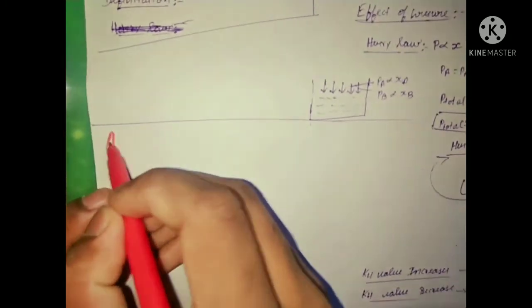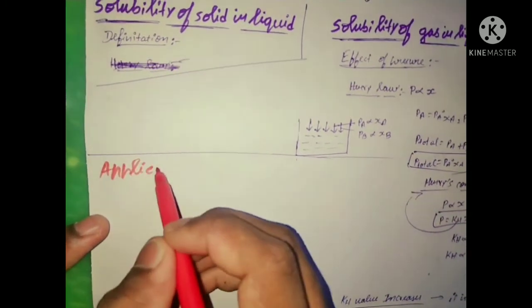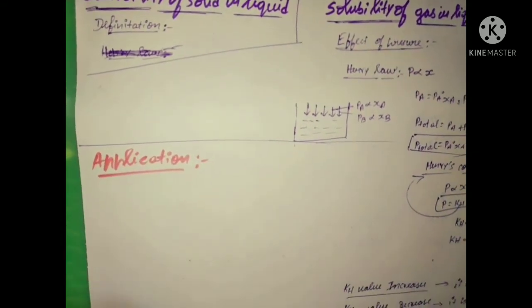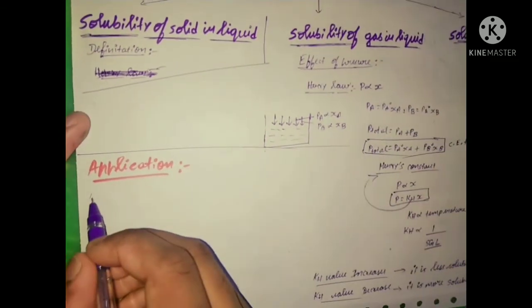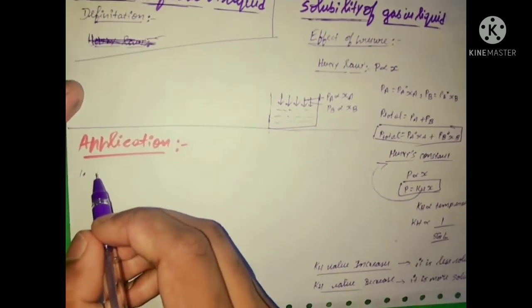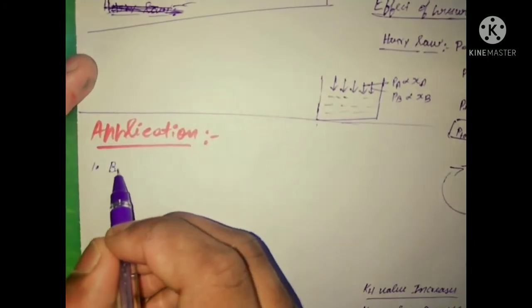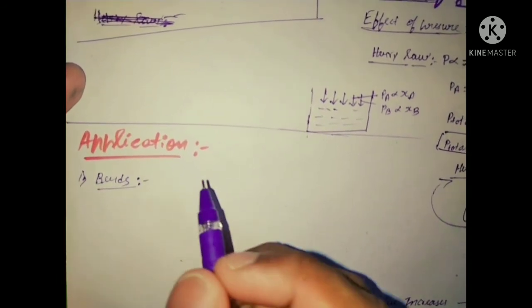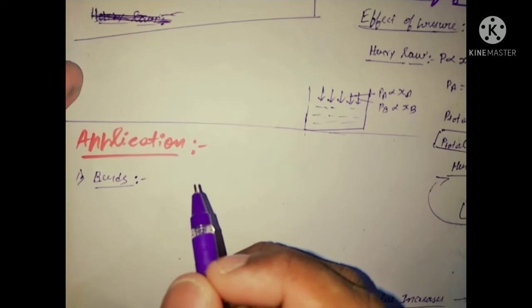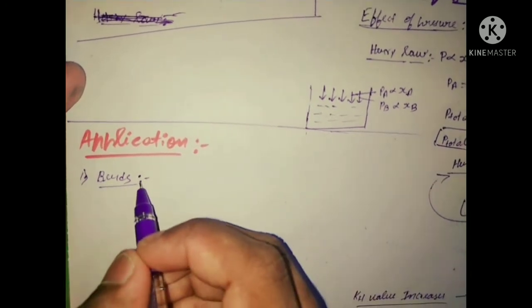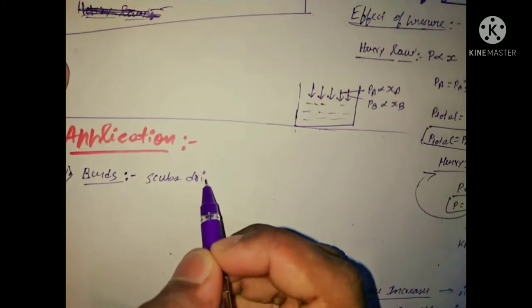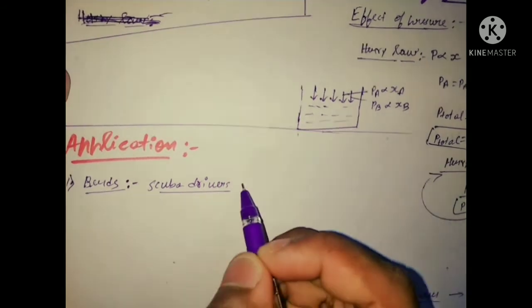Next, we can learn the application of Henry's law. Its application is quite simple, I will tell you in simple terms. It is used in a medical condition called bends. It prevents the medical condition. Scuba divers are provided with a tank filled with